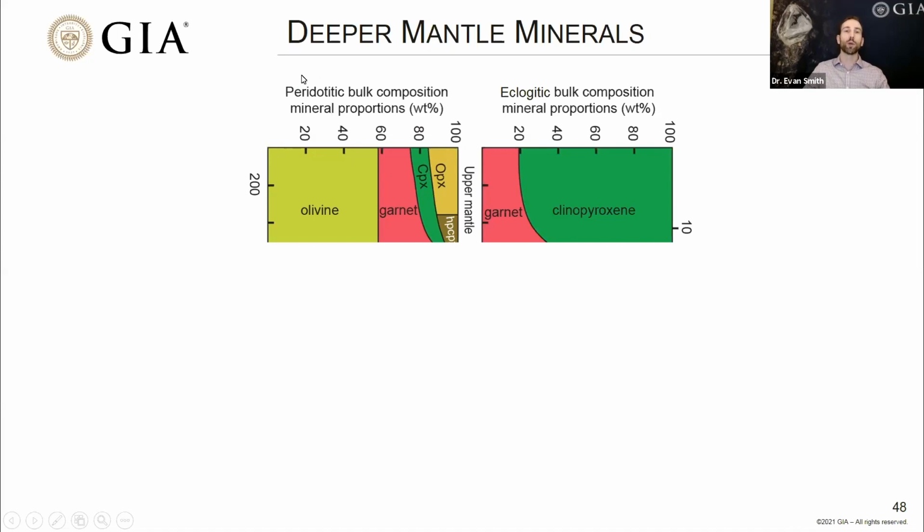So we were talking about peridotite and eclogite as being the dominant host rocks for diamonds. And on the vertical scale here, we've got depth. So this is 200 kilometers deep. A lot of diamonds that we've been looking at so far have minerals like these. They have olivine, garnets, chrome diopsides, or enstatite if they're in a peridotite bulk composition, or we could have these orange garnets or omphacitic clinopyroxene if the host rock is an eclogite.